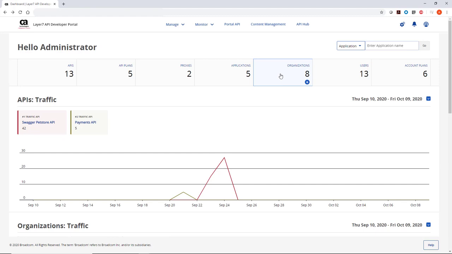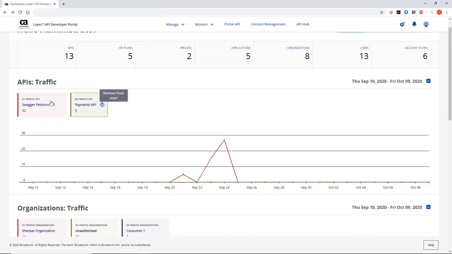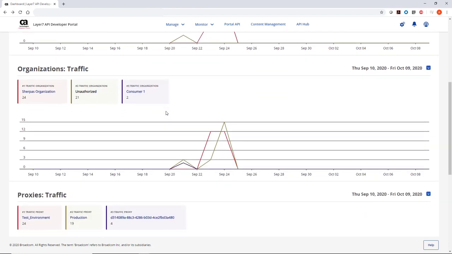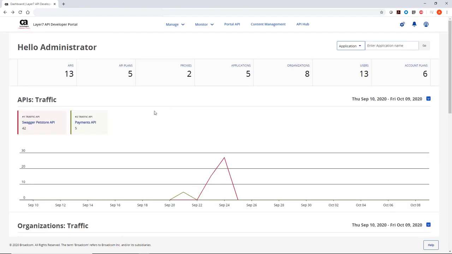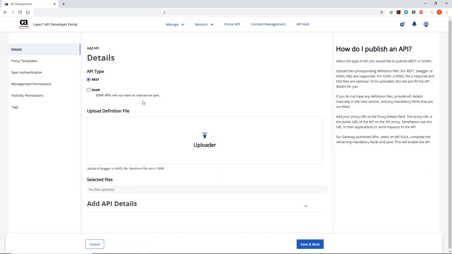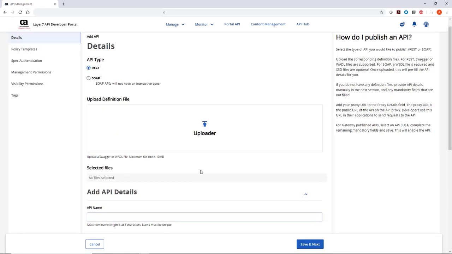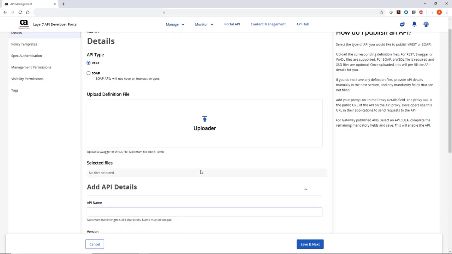Analytics are available directly from the dashboard to help you get a quick view of important metrics, such as API traffic. From the dashboard, you can also access an improved API creation wizard. The workflow is streamlined to provide access to most configuration options on the Details section, and new sections for API